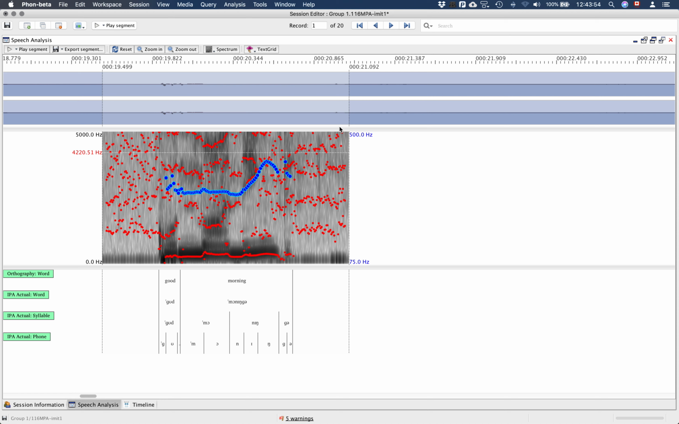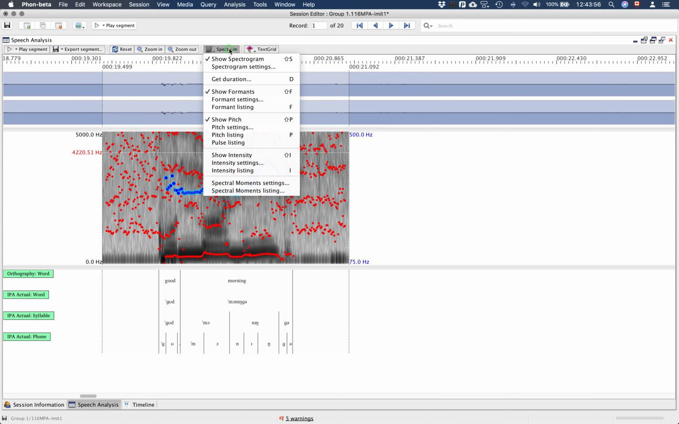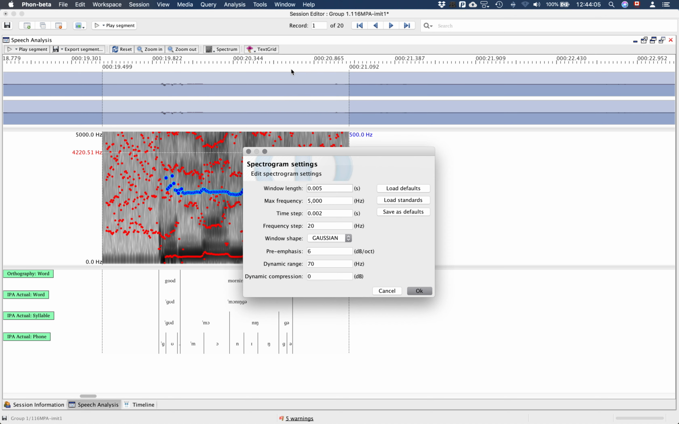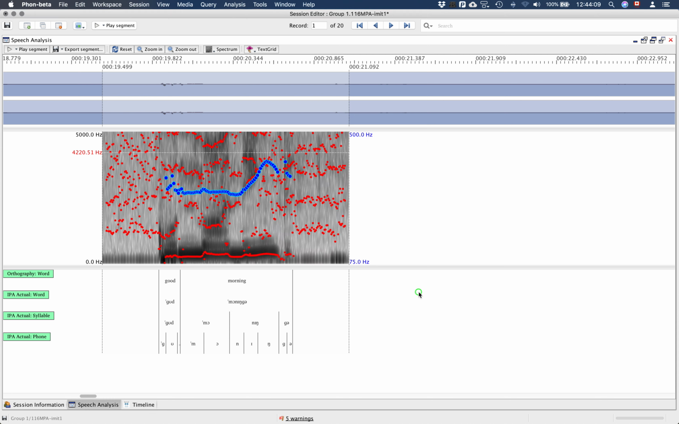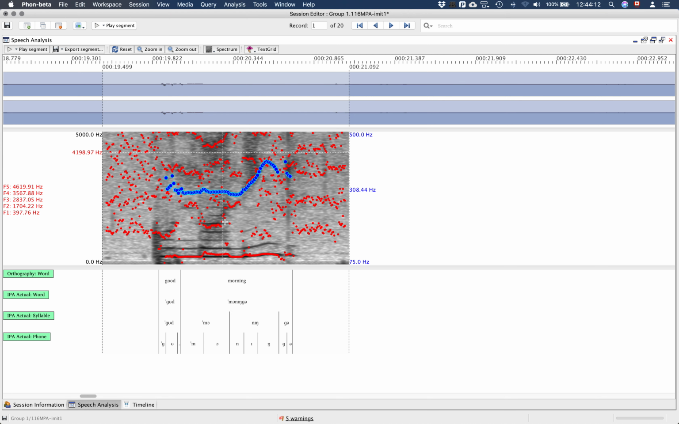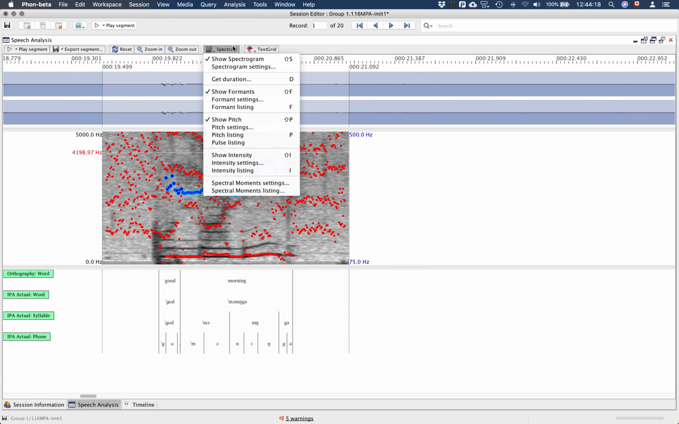So if we focus on the spectrum menu first, what we can see is that we have functions that very much look like those of Praat. You can set your spectrogram settings, for example, to a different set of specifications. So here I moved from a wide band spectrogram to a narrow band spectrogram, which can be useful for visualization. And here we have a series of functions that, again, are all related to Praat, in